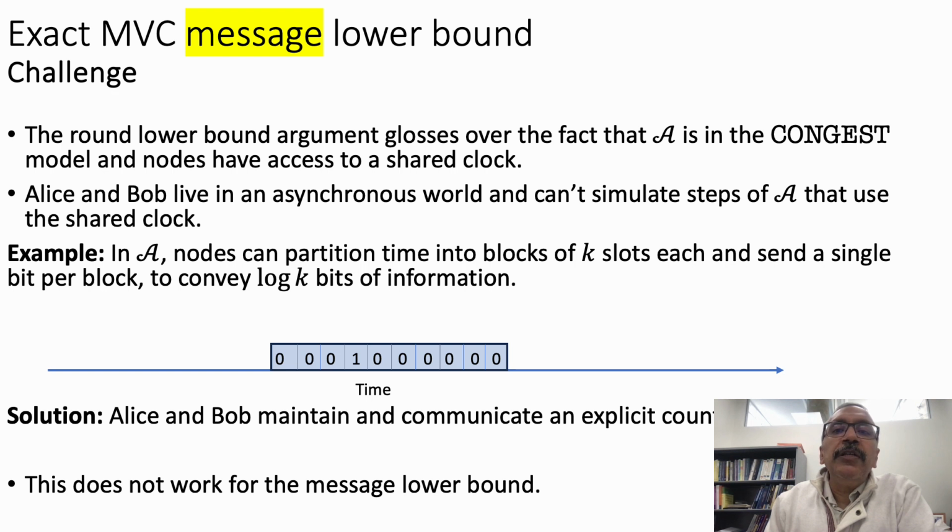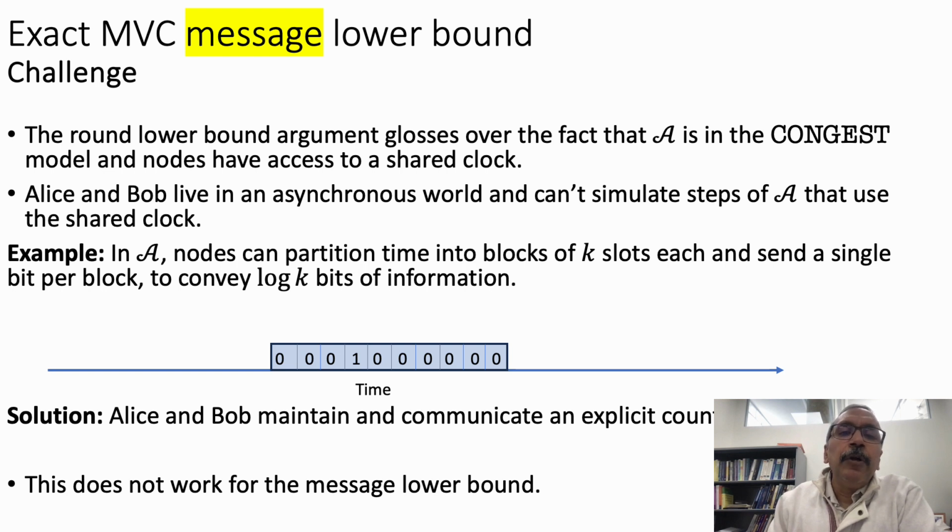Suppose we want to use this proof approach to produce a message lower bound for exact minimum vertex cover. The round complexity lower bound argument that I just described glosses over the fact that in the CONGEST model, algorithms have access to this global clock and can do fancy things with clocks